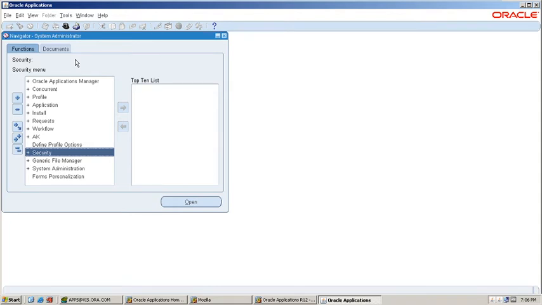When you log into Oracle applications, you will see the list of responsibilities that the user can access.